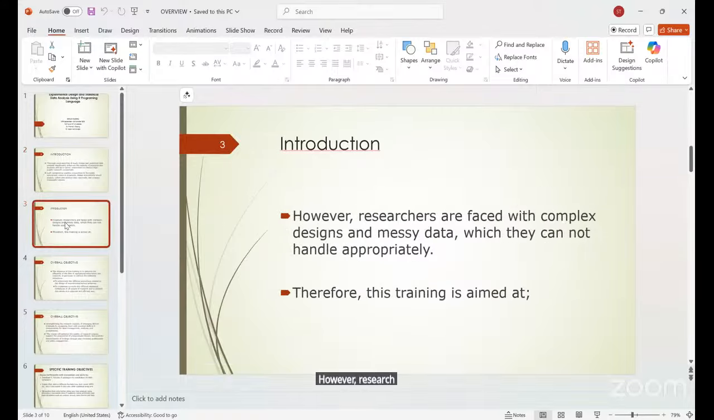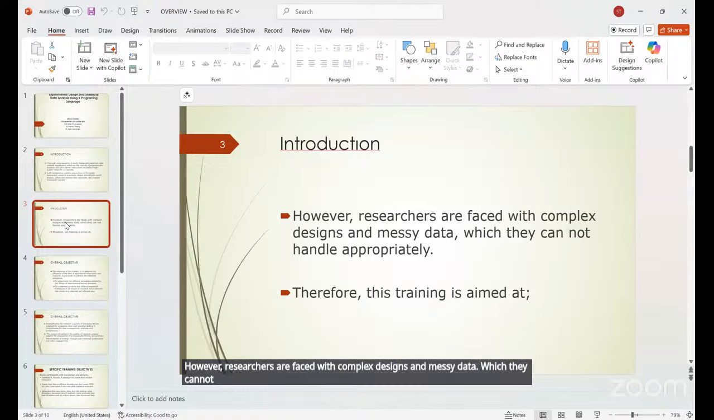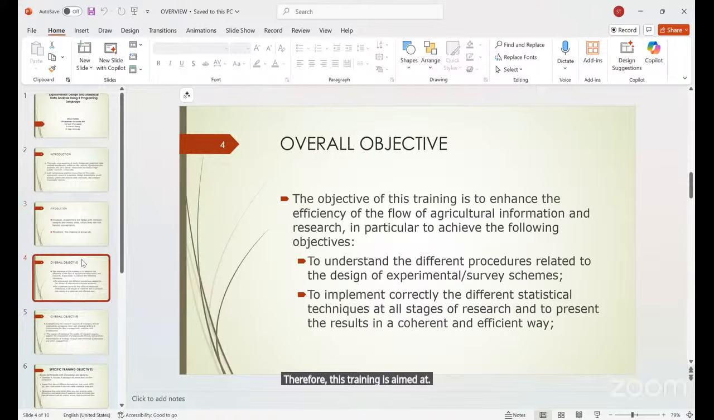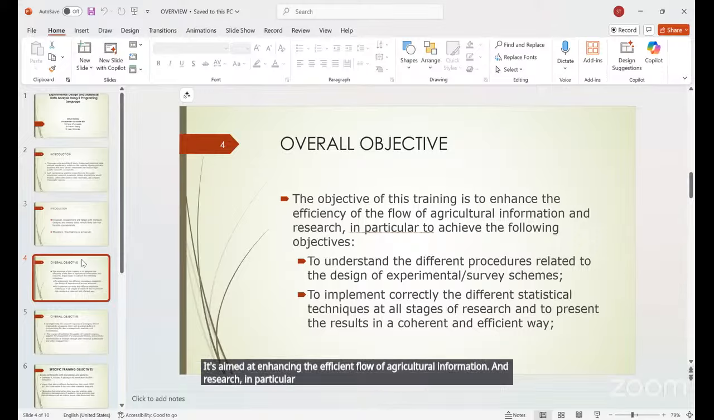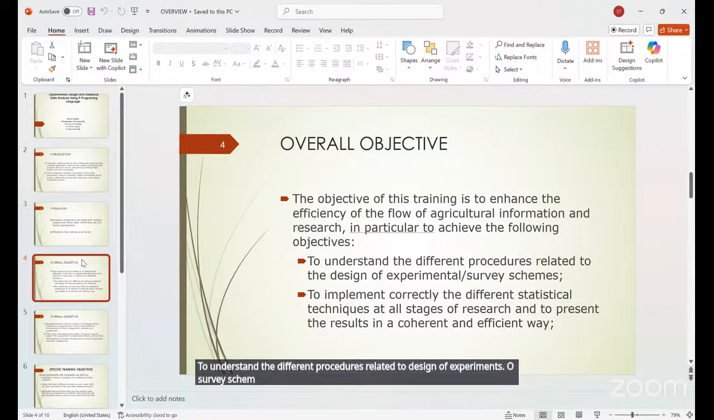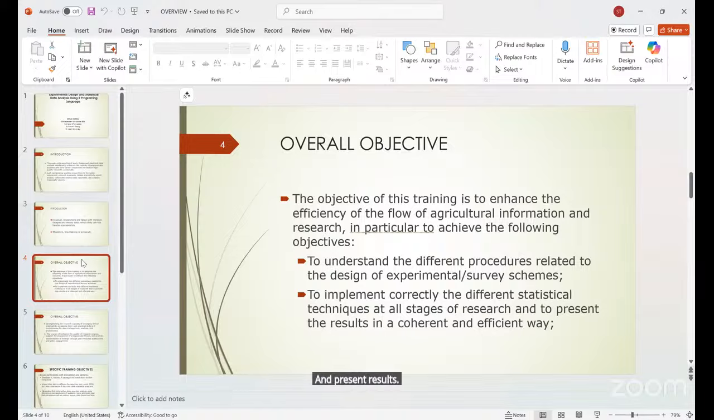However, researchers are faced with complex designs and messy data, which they cannot handle appropriately. Therefore, this training is aimed at enhancing the efficient flow of agricultural information and research, in particular to achieve the following objectives: to understand the different procedures related to design of experiments or survey schemes, to implement correctly the different statistical techniques at all stages of research, and present results in a coherent and efficient way,